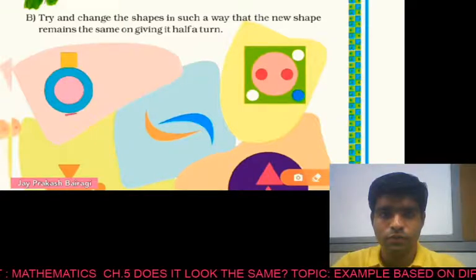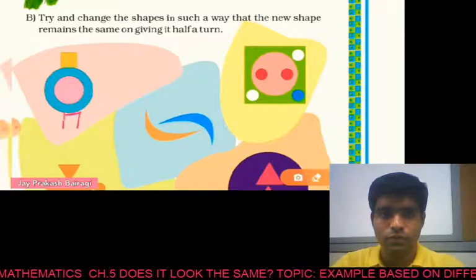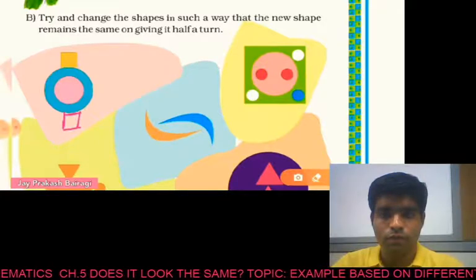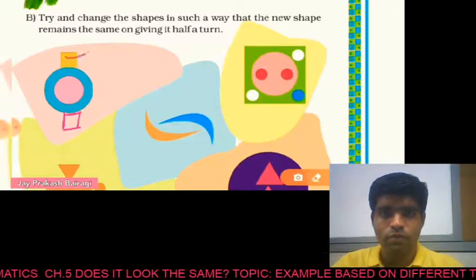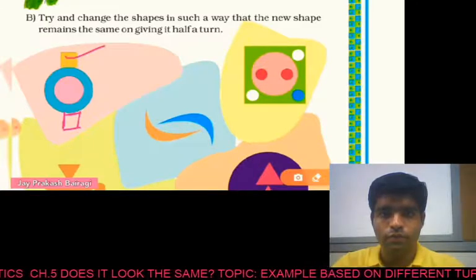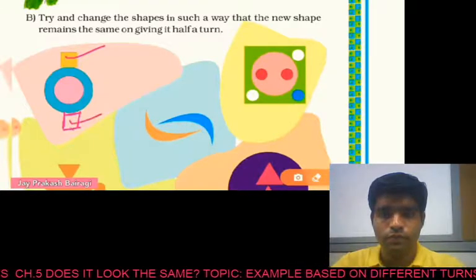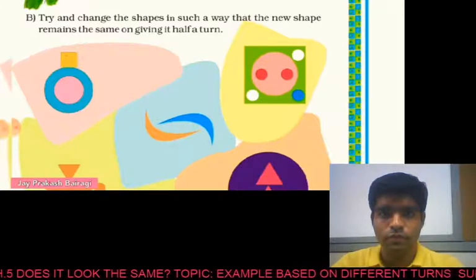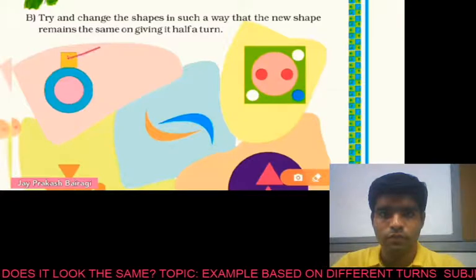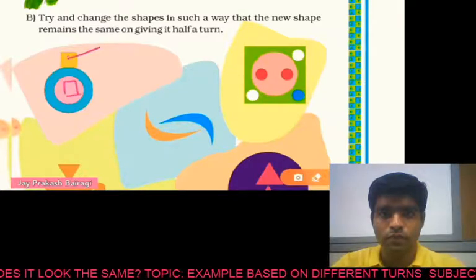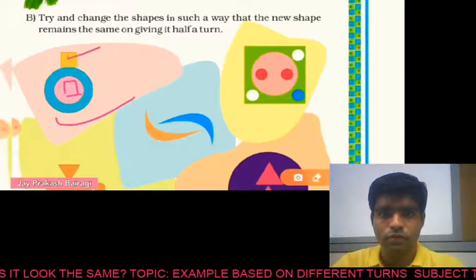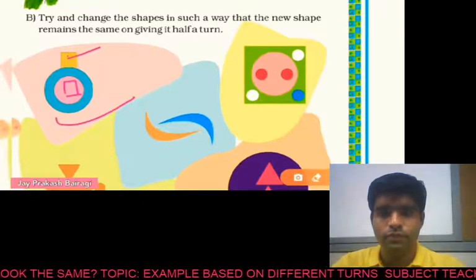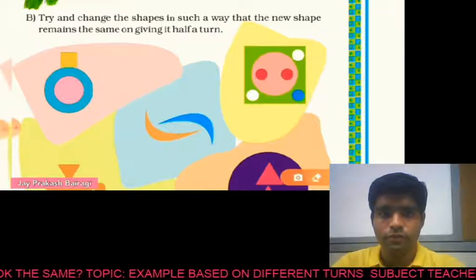First you can draw another square here with the same color. Remember this. You have to take a half turn, and all things should be the same. Here we have a yellow color for the square, so definitely you will fill this square yellow. So this is the first way. In another way, just put this square at the center. So this is the second way to change its shape, and in half turn definitely it will look the same. Now come to the next picture.